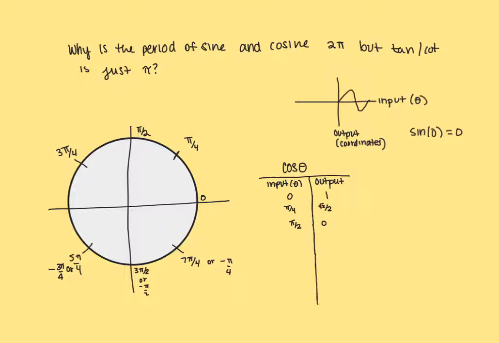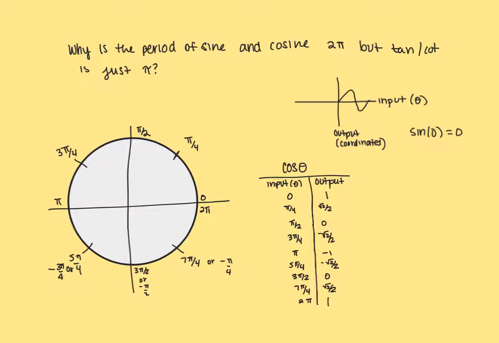And I can extend this line. Cosine of 3 pi over 4 is negative root 2 over 2. Cosine of pi is negative 1. Cosine of 5 pi over 4 is negative root 2 over 2. Cosine of 3 pi over 2 is going to be 0 again. Cosine of 7 pi over 4 is root 2 over 2. And cosine of 2 pi